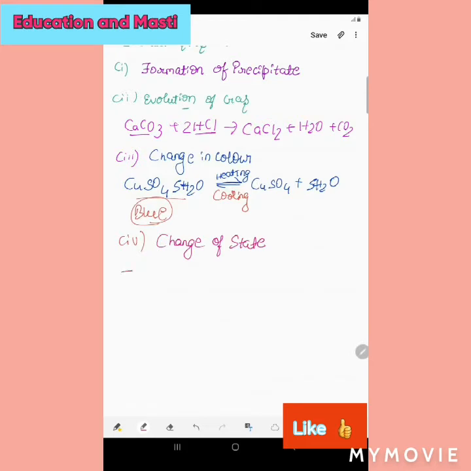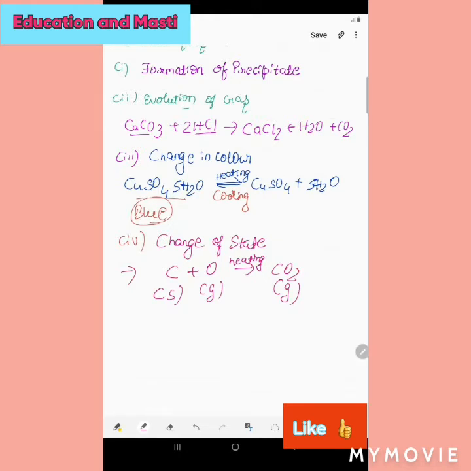For better understanding, let's take one example. The example is C plus O gives CO2. This is one of the easiest examples I can give you. Carbon is solid, oxygen is gas, but the product formed is gas. So carbon plus oxygen, we get carbon dioxide. Here we can say there is a change of state: carbon and oxygen on heating form gas. So we can conclude that when we react some substances, the product need not be in the same state. It could have been solid also, but it is gas.